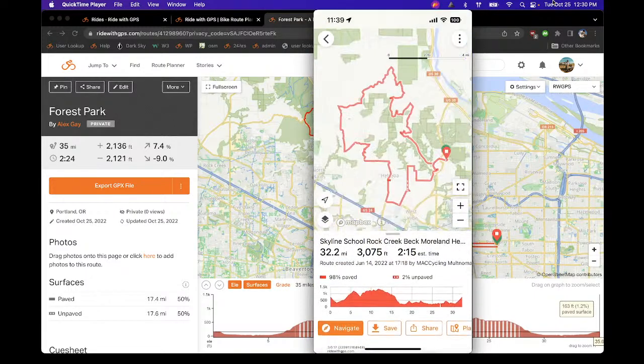And if I'm a subscriber with Ride with GPS, I'm able to download and navigate any of these with the phone to get voice navigation. If I'm a Garmin or Wahoo user, we do offer wireless sync so that I can save it from the app or save it from the website